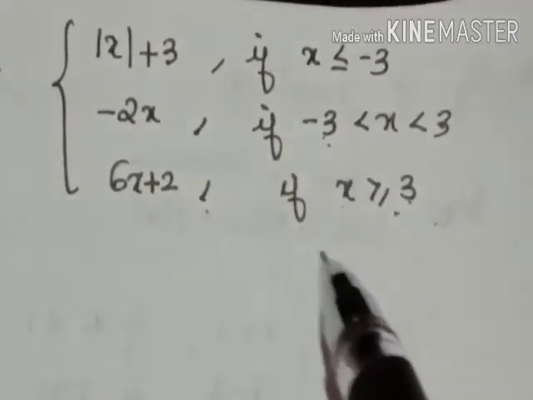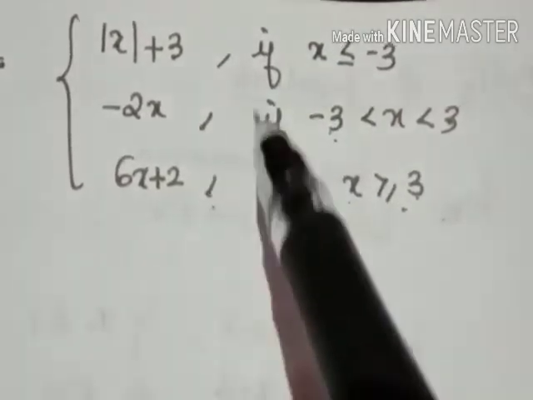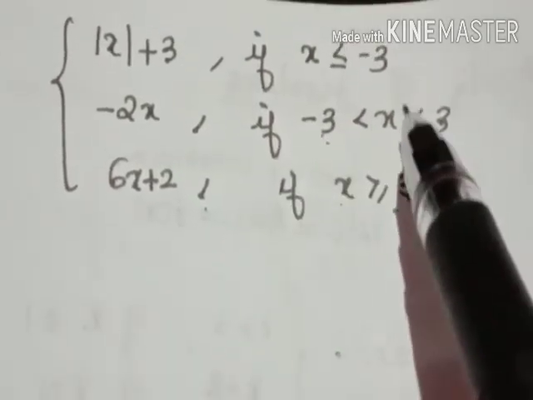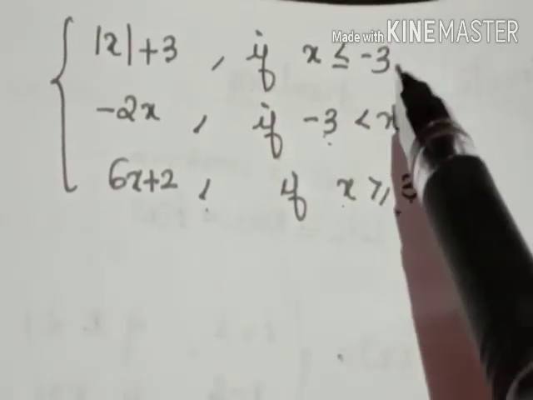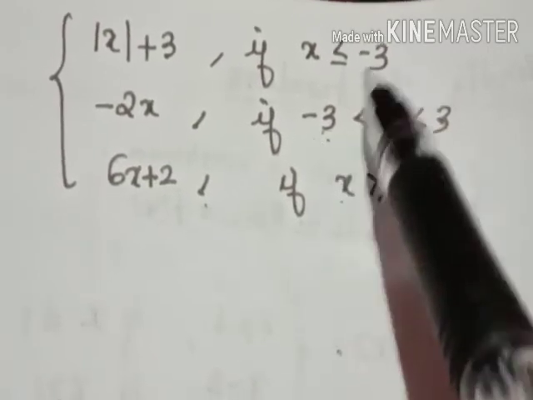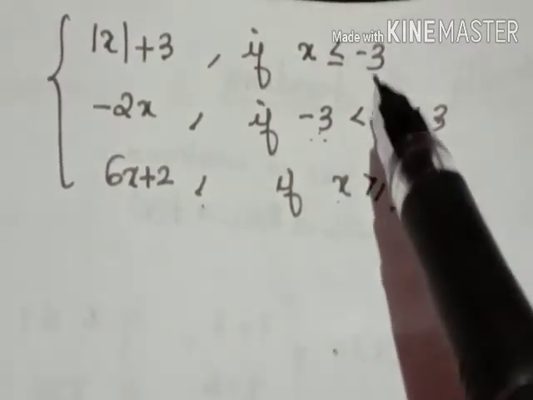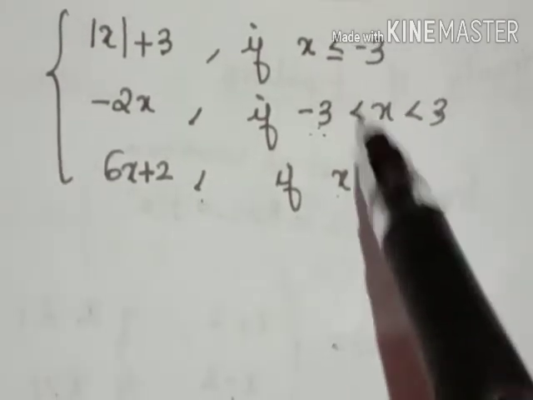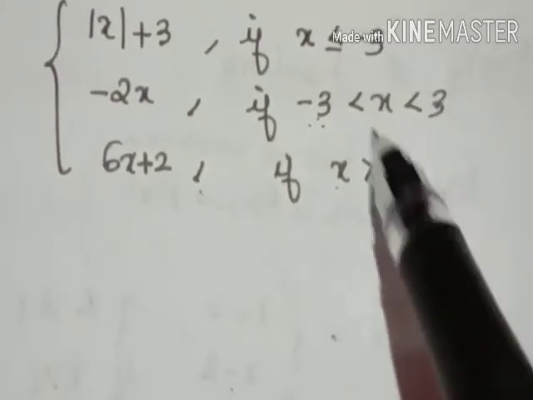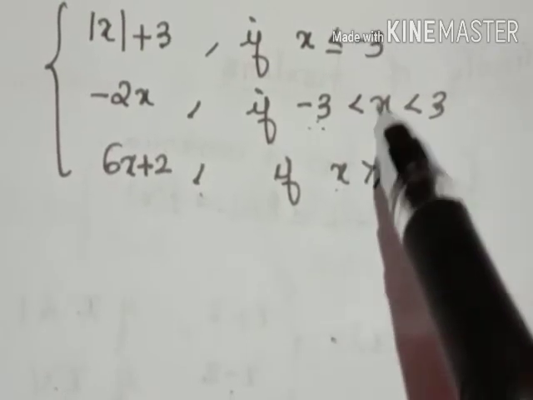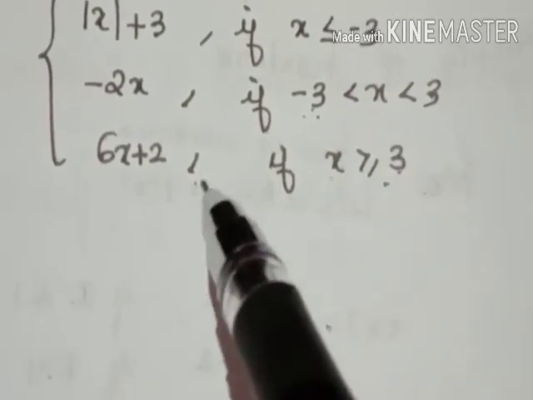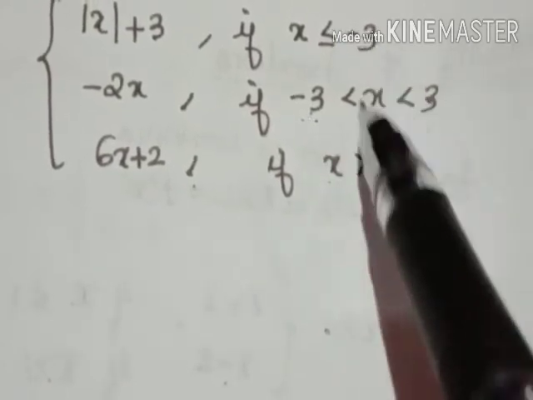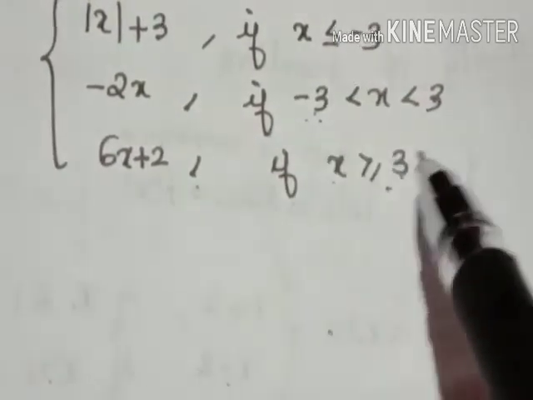Let's see, we want to verify whether the function is continuous or discontinuous at a point. Here you can see there are two common numbers, minus 3 and 3. It's clear? Minus 3 and 3. That means we want to consider the endpoints. That is the required point to verify whether the function is continuous or not at that point. So there are two common numbers given.